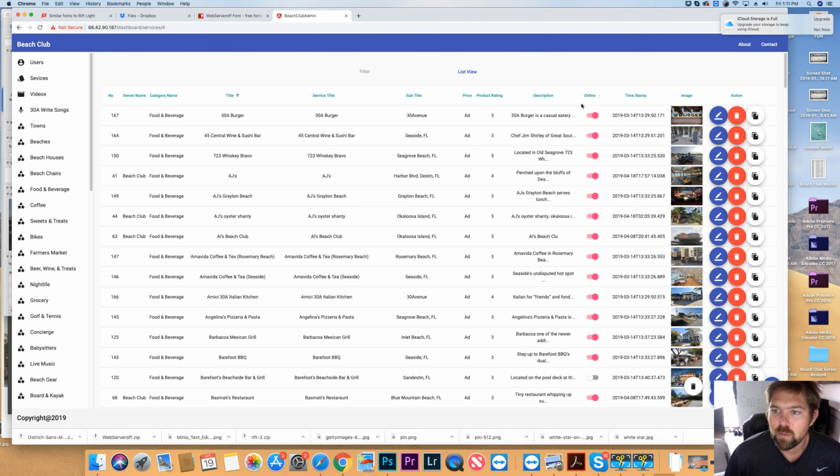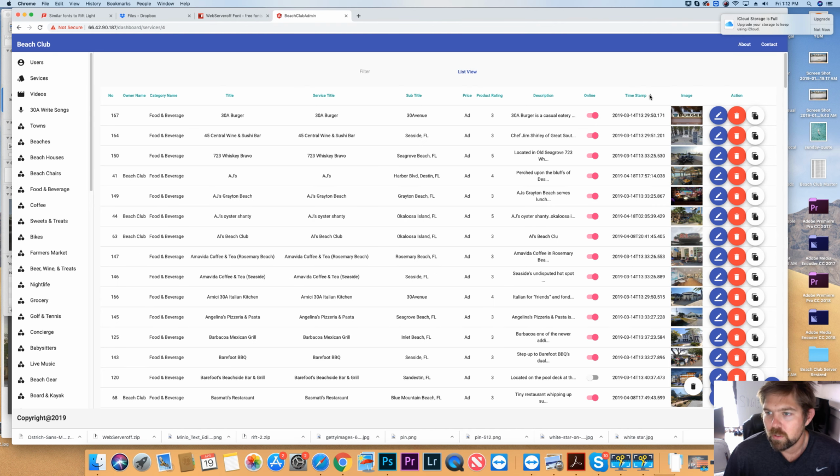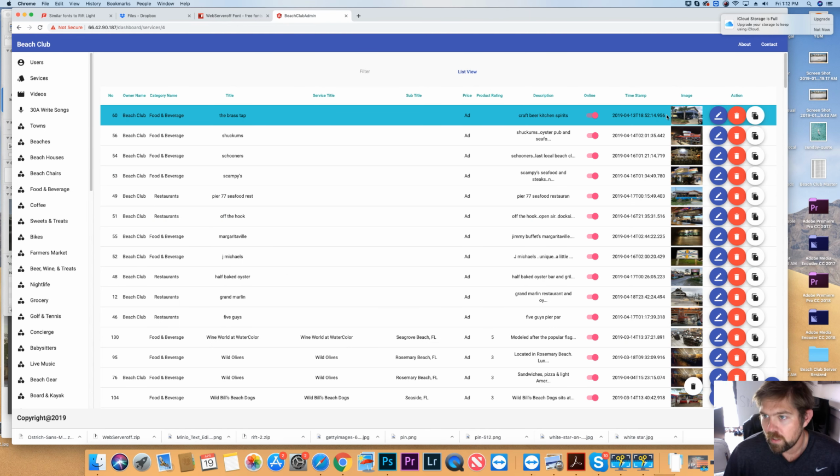You can also sort by a good example like timestamp. Timestamp is basically just the most recent. So essentially, you'd be able to see the ones that have most recently been added. Also,